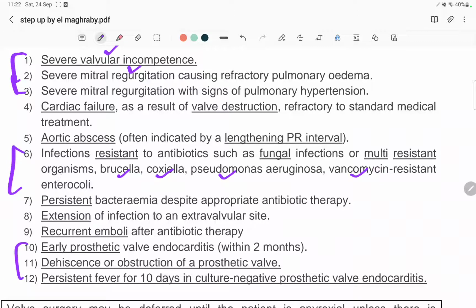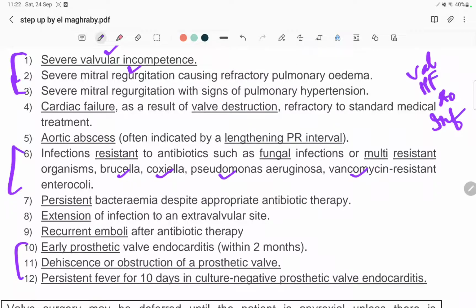So mostly the reasons for which we will do surgery in infective endocarditis is usually if the valve has become involved, like this mitral regurgitation. If there is a cardiac failure, then aortic abscess has been there. Then the infection itself is